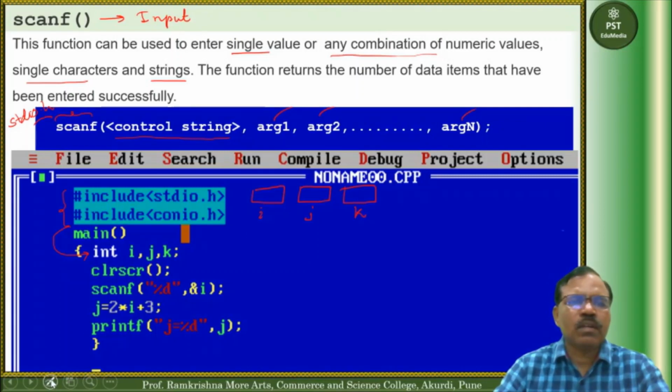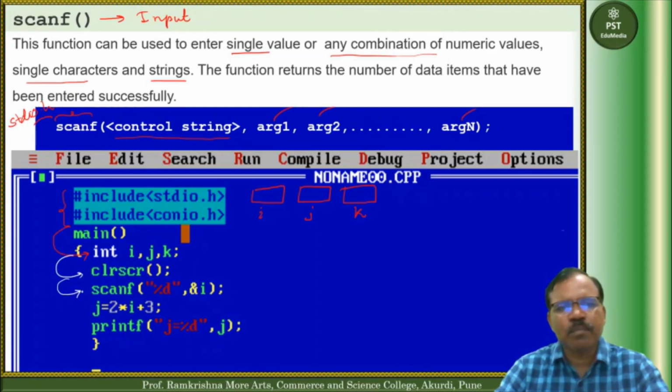And then we have the clear screen function, and then the scanf function. So when we run this program, you will see a blinking cursor on the black screen.